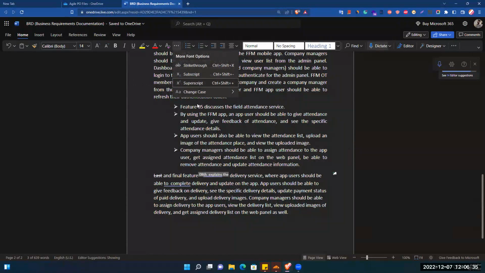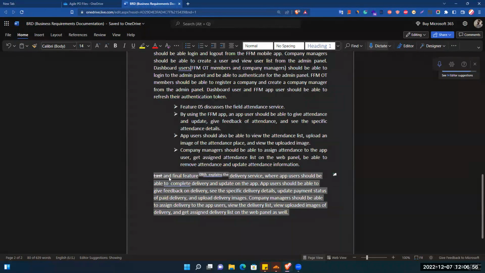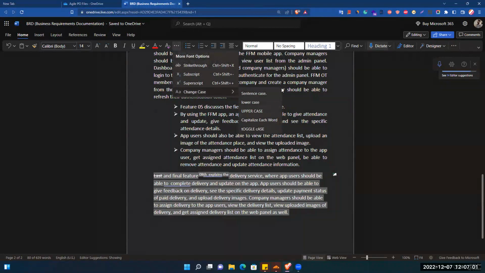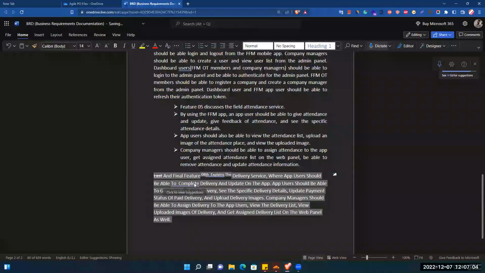Then also from here you can change the case. If you want to change all the text into lowercase or uppercase, you can do it here. Also toggle case, or if I want every first letter to be capital, I simply click here, change case, and then capitalize each word. See, done. You don't need to go and fix everything manually, like if you already have a document and your manager said that